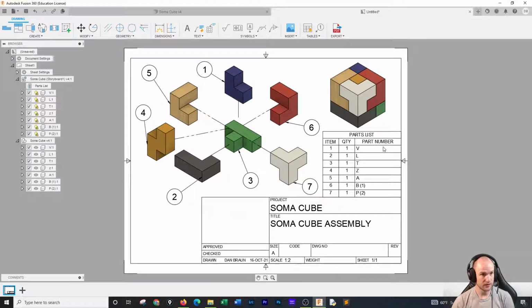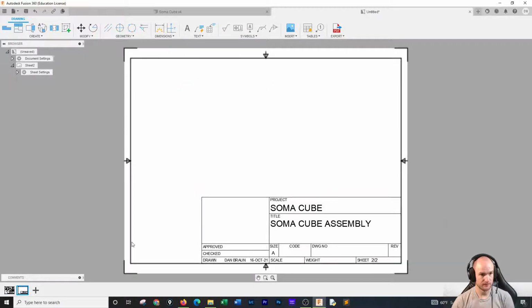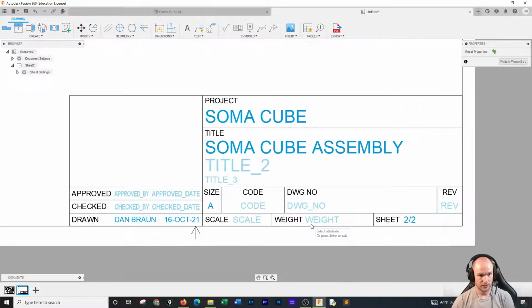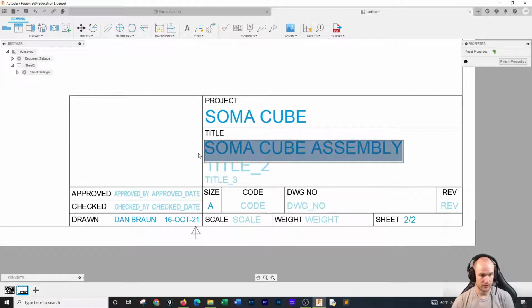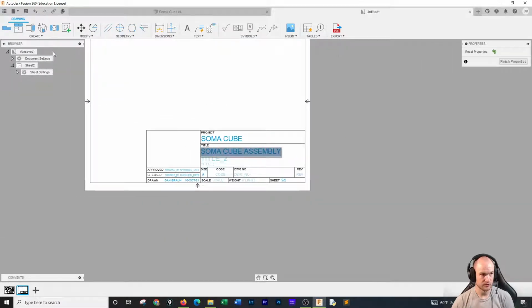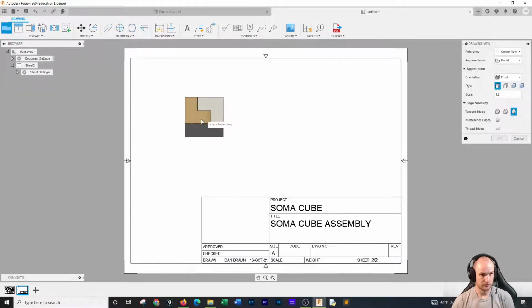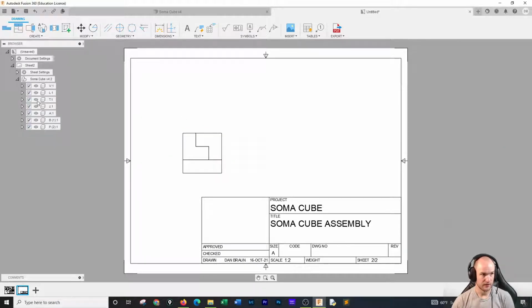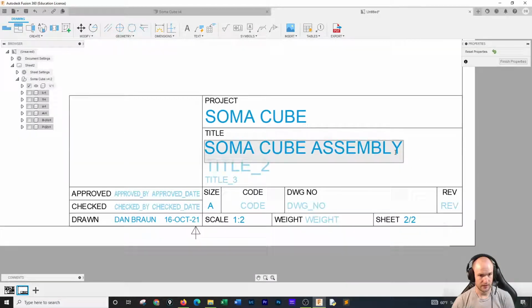And from here, what I do is I start adding new sheets. So I'd add a new sheet. It does save things. You see it says sheet 2. And all here I would say is, I'd start naming what things I wanted to mention. So I would actually start by bringing the cube in. And then we've got work to do. So maybe we were going to dimension the V first. So we turn everything off except for the V. And there we go. And we would say Soma cube